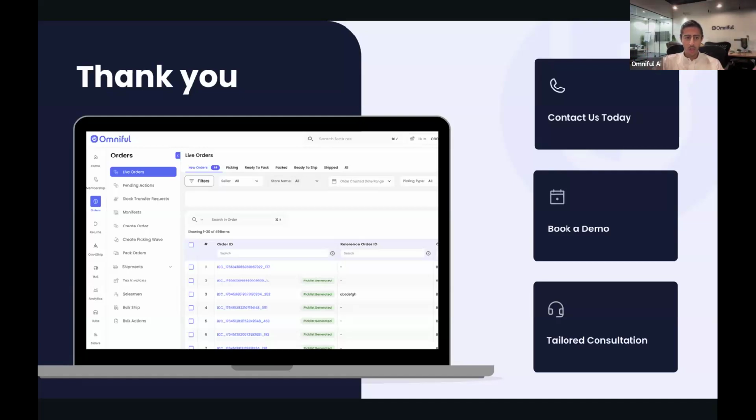What it will give you is full visibility and control over all your sales channels. By having this control, you'll be able to do a lot of things like auto and smart order routing, automatically partially fulfill the orders,